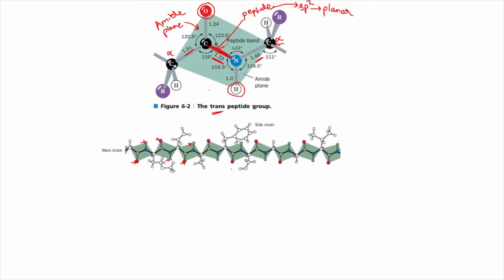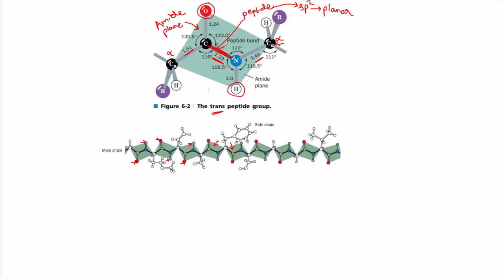And please look at the amide plane also, how the amide plane is holding all the peptide groups. This is the amide plane here in this peptide bond. This is the amide plane here in this peptide bond. So the main structure of all the peptide bonds as seen in a protein molecule is depicted here along with the amide planes, with the alternate positions of the oxygen and the hydrogen.